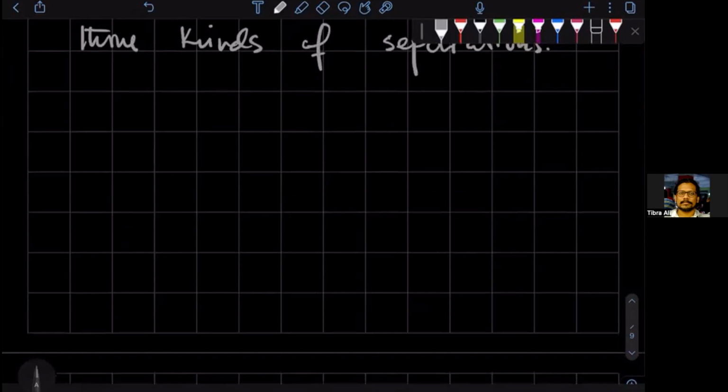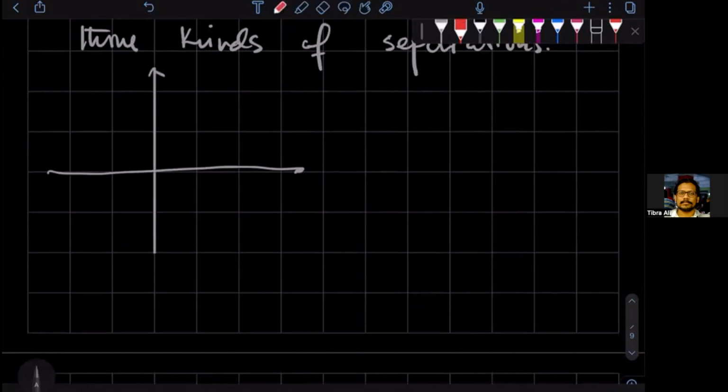So for example, if I now redraw the space-time diagram, sorry about that. So if I redraw the space-time diagram, then